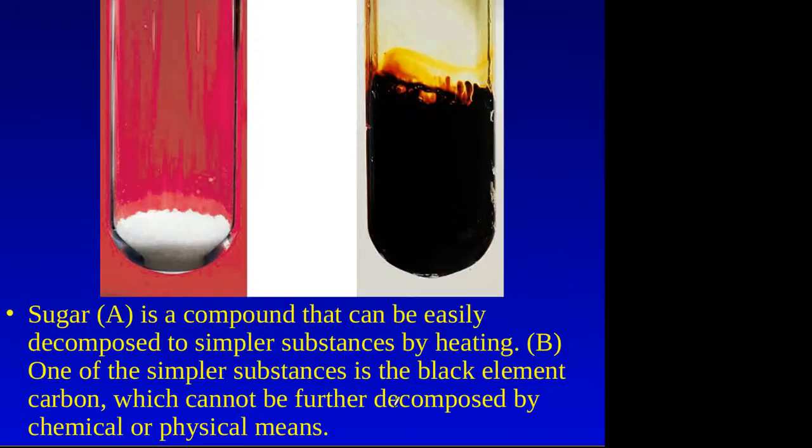And so an example here is they're using sugar. By heating sugar or caramelizing it, we start breaking apart the complex carbohydrates in the sugar, and some of the carbon chars out. And so when you caramelize a sugar, you get this carbon coming out. That carbon you can't break down any further. And so on the left we have sugar as a compound. On the right we've got this caramelized sugar, and we're starting to get pure carbon coming out of it.